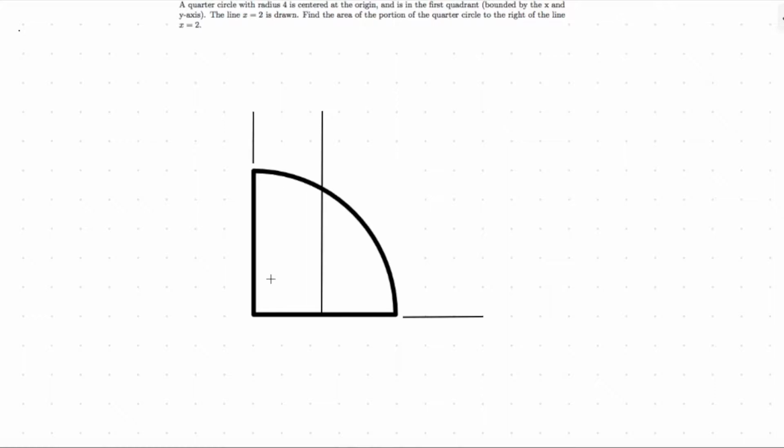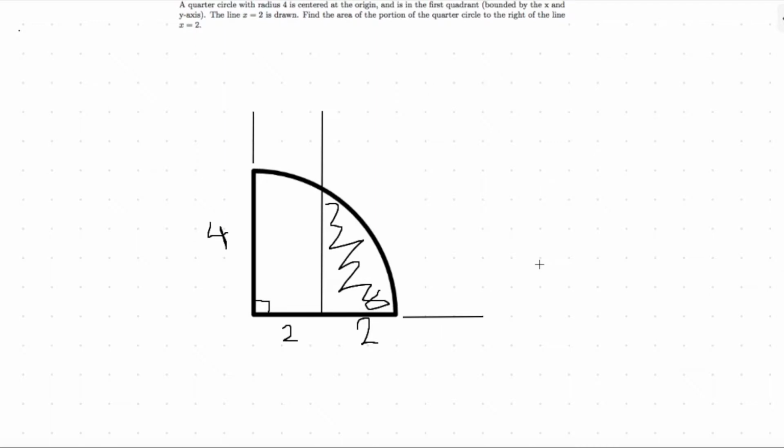Well, what do we know from this? We want to find this area, right? The area of this shaded portion. And we know that this is 2, this is 2, and this is 4, because we know the radius of the quarter circle is 4. And because it's bounded by the x and y axis, this is a right angle, and it's also a quarter circle. So we know the area of the quarter circle, and we know its radius,